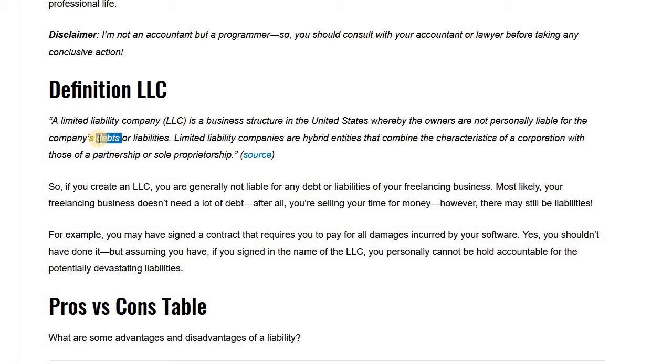For example, if a company has a multi-year contract with some other company, then these are liabilities. The company sooner or later has to pay the money, and if the company is now going bankrupt and you are not protected by a limited liability company, then you personally have to take over the responsibility for paying these liabilities. And that's where the LLC comes into play, because an LLC is like the minimum liability-protected company you can build as an American business owner, and it helps you protect yourself against these liabilities,